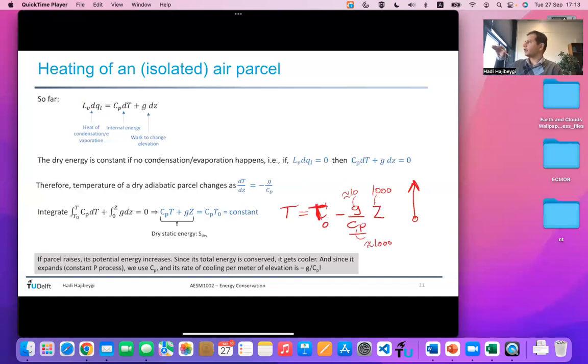Now, imagine you're flying with an aircraft. You're about 10,000 meters above the ground. 10,000. How much should the temperature drop? And think about, is this typical? Is this the temperature that you would observe when you are watching your flight schedule and flight information on your screen? Do you see that much temperature drop? And if not, what do you think the discrepancy is coming from? And can you explain that to us? That's also an important topic.